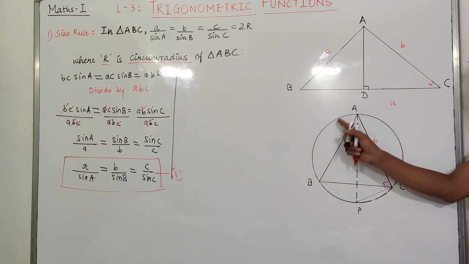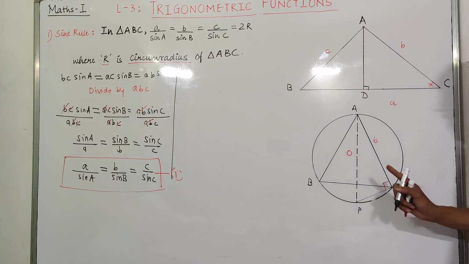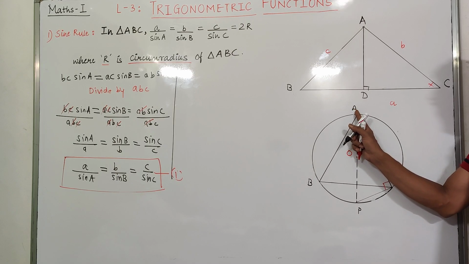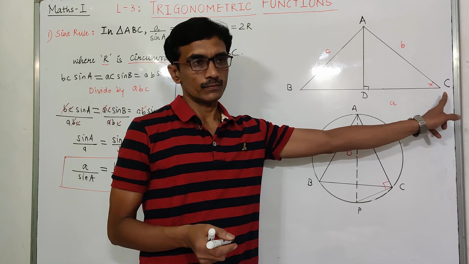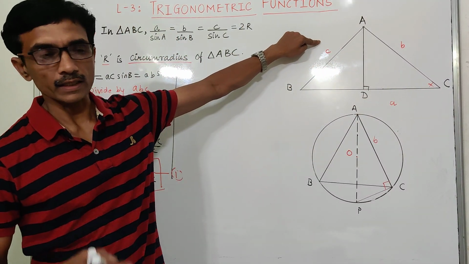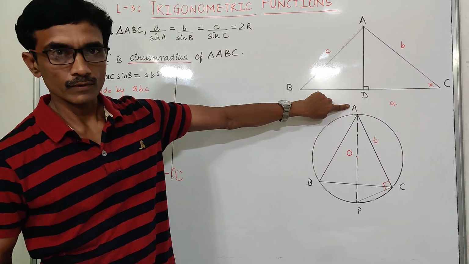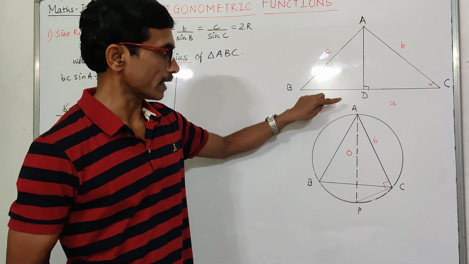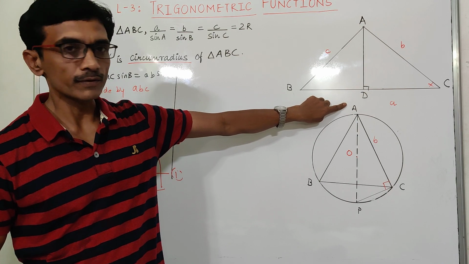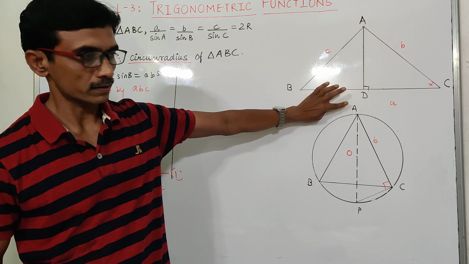Look at the triangle ABC. Here A is an acute angle. In triangle ABC, all angles cannot be obtuse, so at least one angle must be acute. The sum of all the angles is 180 degrees, so therefore at least one angle is an acute angle. So suppose A is an acute angle.